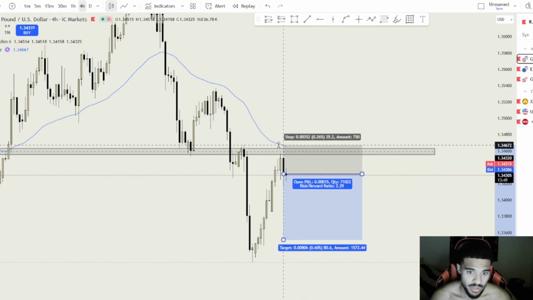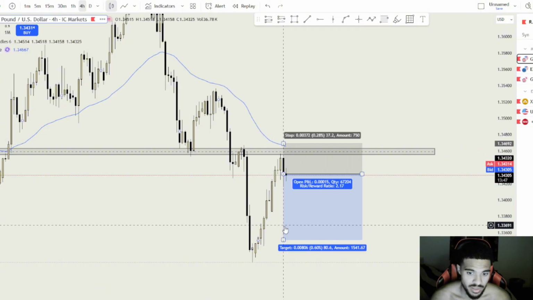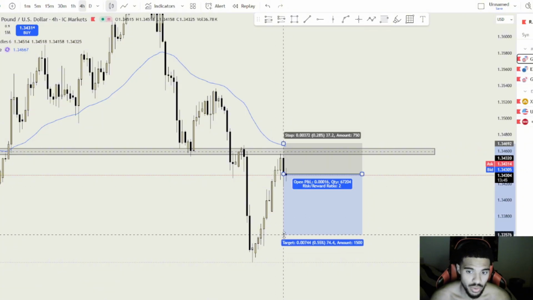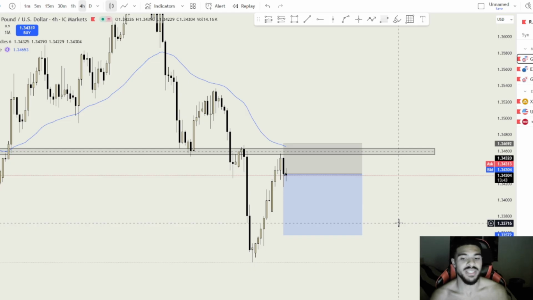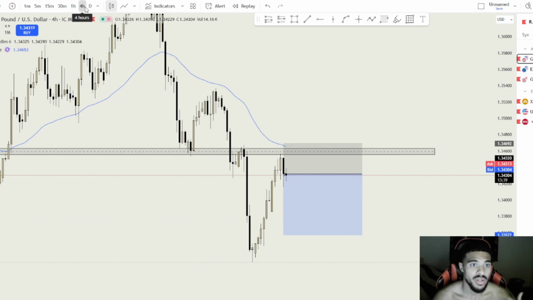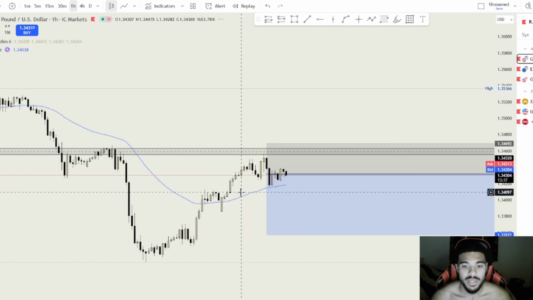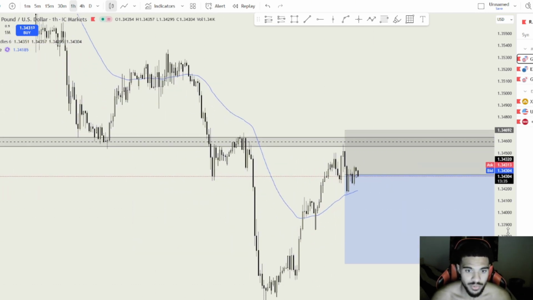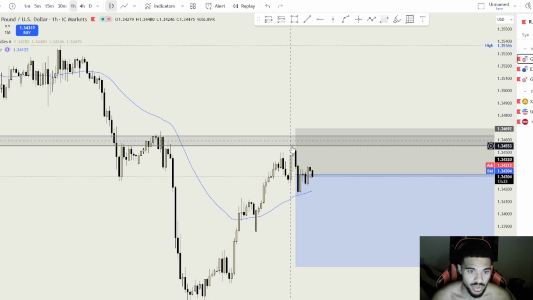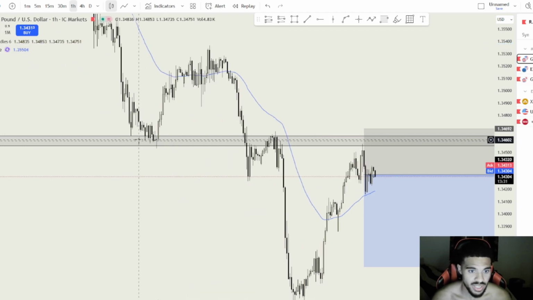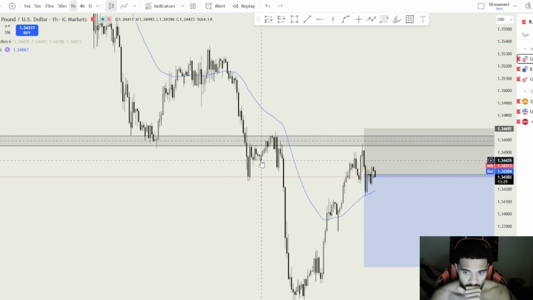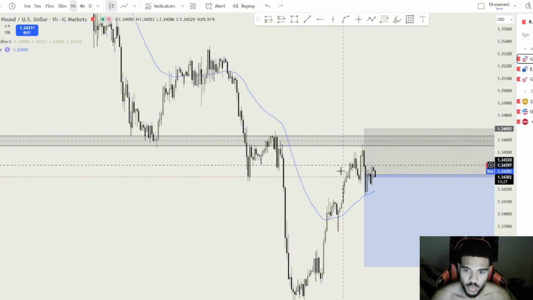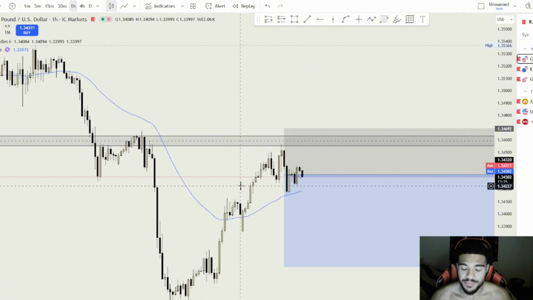I personally would have my stop loss above here for a 1 to 2 for something like this. It would be safe to say that price could have this pullback to continue to the downside from the daily and the 4-hourly. Dropping down to the 1-hour time frame may give you a bit more information. We've also had the wick rejection. You can see it's also rejected here, rejected here. We've already got rejections off the zone.